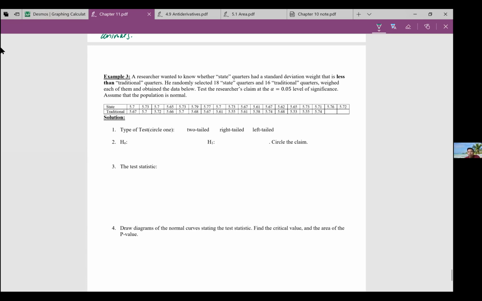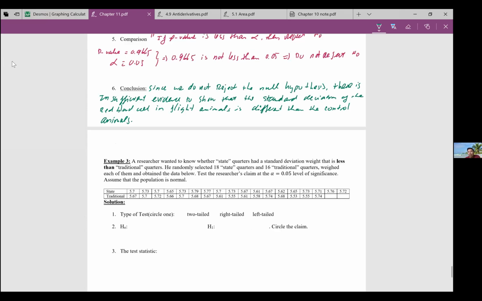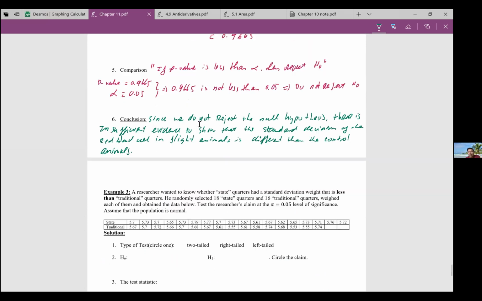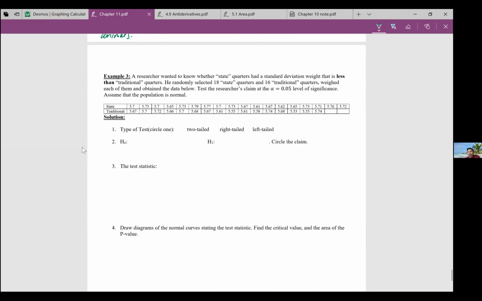What's different from example 3 in comparison to example 2 is that in example 2, they do give you the standard deviation right away. In example 3, the standard deviation is hidden. They just give you the data. This is something that you will see on your homework, right? So they just give you the data and you have to use the calculator to find the standard deviation by yourself. So go ahead and input the state quarter into L1,